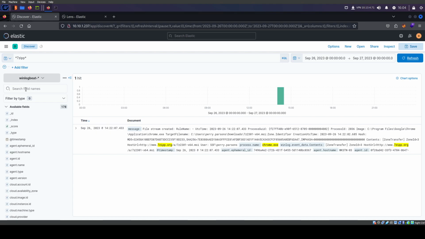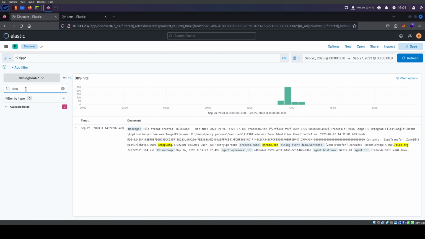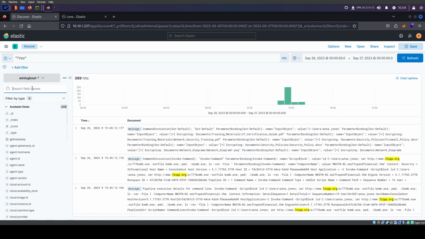We'll probably get a lot of hits. 389, that's a lot. Let's do DNS, anything there? No? Okay, IP. Okay, it's just taking a while to resolve. There we go. Getting somewhere. Still nothing. There we go. Okay, fine. Now we have DNS.